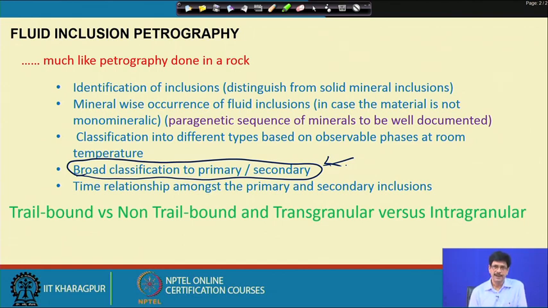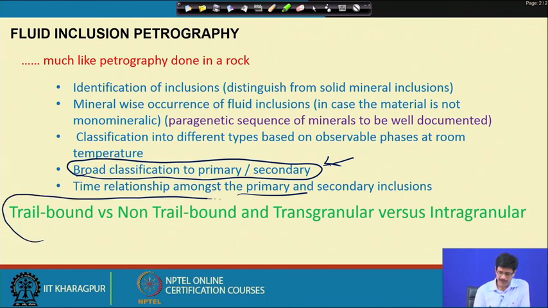Now, what boils down to is that when we see them, we can only possibly determine the time relations amongst the primary and secondary inclusions. It might even so happen that we see primary inclusions of different generations. In the same quartz, the quartz could have grown in different stages, and there are primary inclusions. We define primary inclusions as the ones which occur in a random 3-dimensional network without being aligned on any trail or any heel crack.